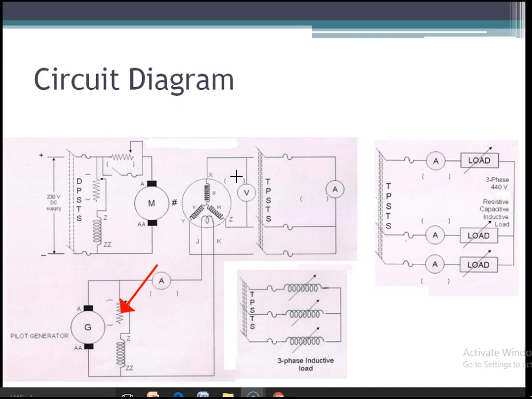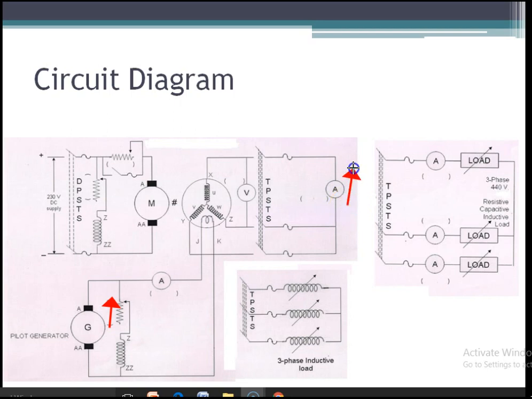That is, the voltage is brought almost to zero. After that, close this DPST switch, that is double pole single throw switch. Close this one, and then again increase this field slowly,